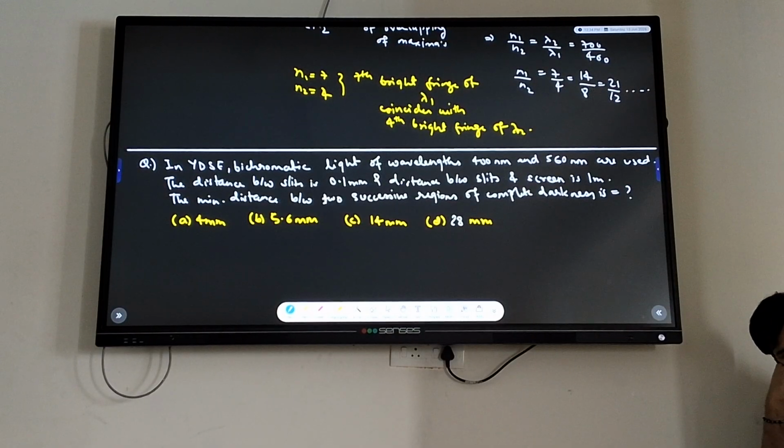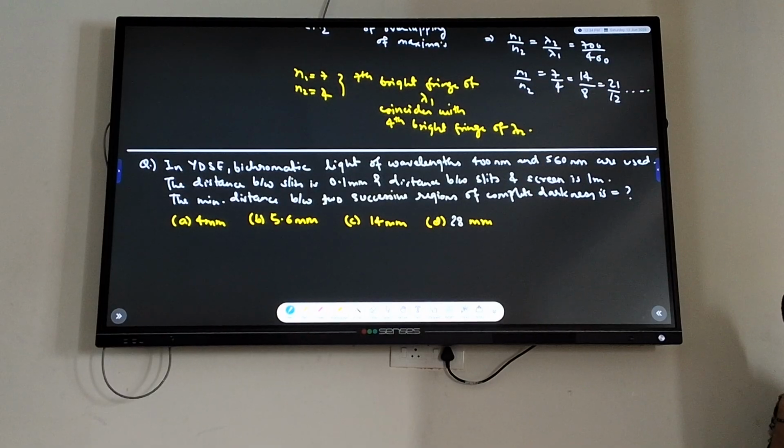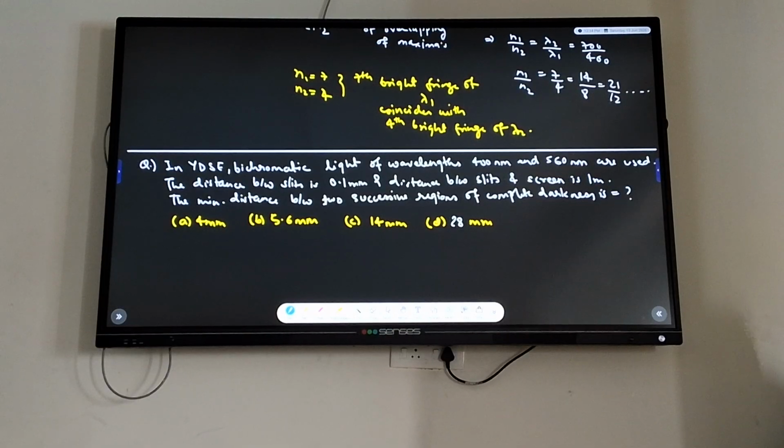Come on, it's not that hard. A is also incorrect, so everybody gave incorrect answers. Should I start? Option C is incorrect. So if you want the remaining